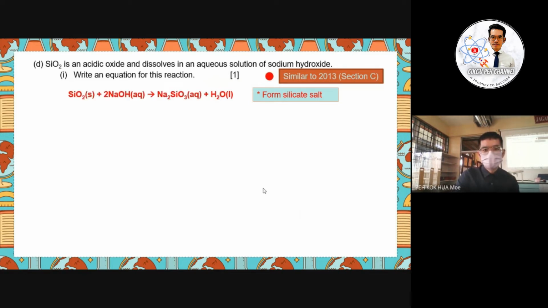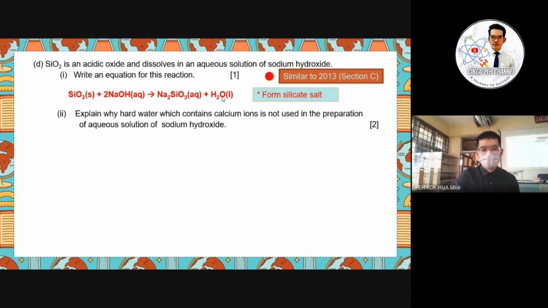Just write down the equation between the silicon dioxide with the sodium hydroxide. Okay, and then you get salt with water. Okay, so actually this is a neutralization process. Since the silicon dioxide is acidic and reacts with the sodium hydroxide, we will form salt and water. Okay, the second, explain why hard water which contains calcium ion is not used in the preparation of aqueous solution